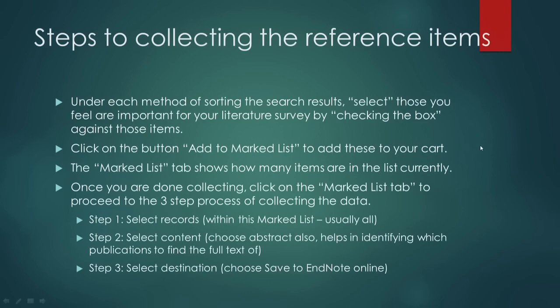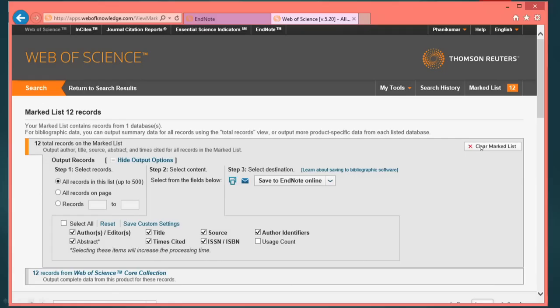The 3-step process is illustrated in this screenshot. So, you should see this with the number of items that you have selected. In my case, I have selected only 12 items for illustration. The step 1 is to select the records among these 12. Okay, we are not selecting from the whole of search, but among these 12. So, naturally you have carefully selected 12. So, you can select all of them,